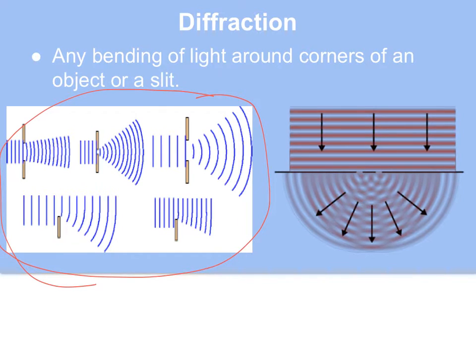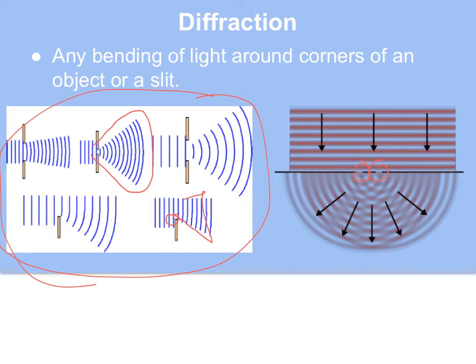But if they go to the edge here, they're going to go actually through the slit and then spread out. If they hit the edge over here, they will move past and then eventually spread out again. That idea of spreading out after going around and bending around a curve is called diffraction. Now, if you go through two slits, the interesting thing is the waves start to do some cool things where